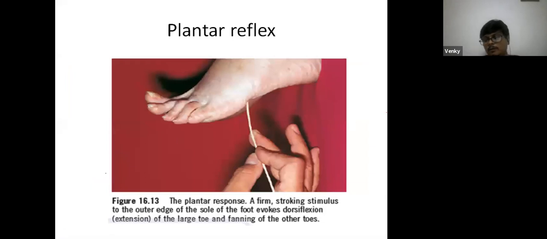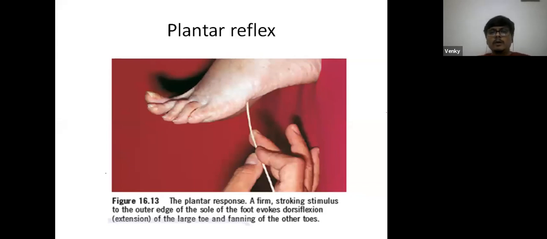Now we are entering into an important reflex, the plantar reflex. Definitely they will ask you to show the plantar reflex to see whether you are doing it correctly or not. If you are using the wrong method, you will get caught and be held up for 6 months. So for that you have to read the plantar reflex inside and out.